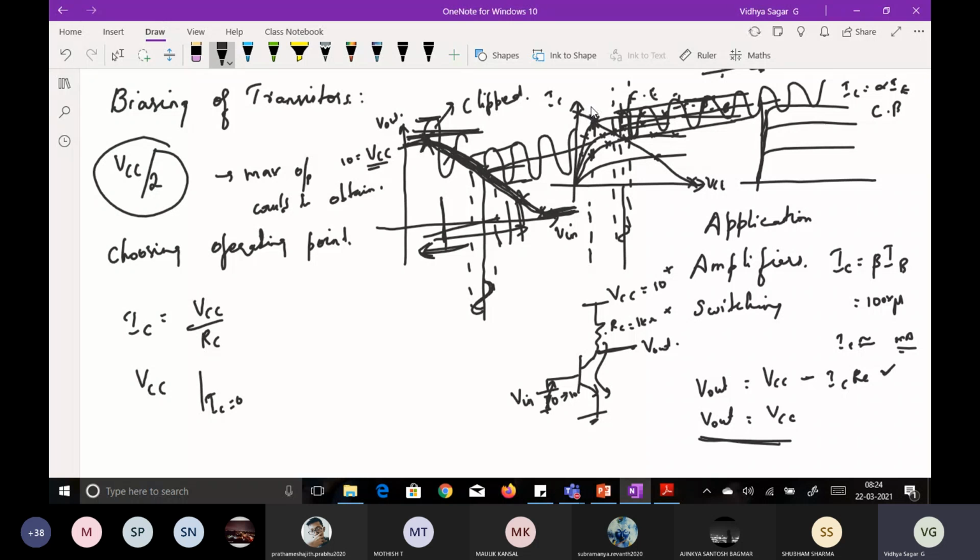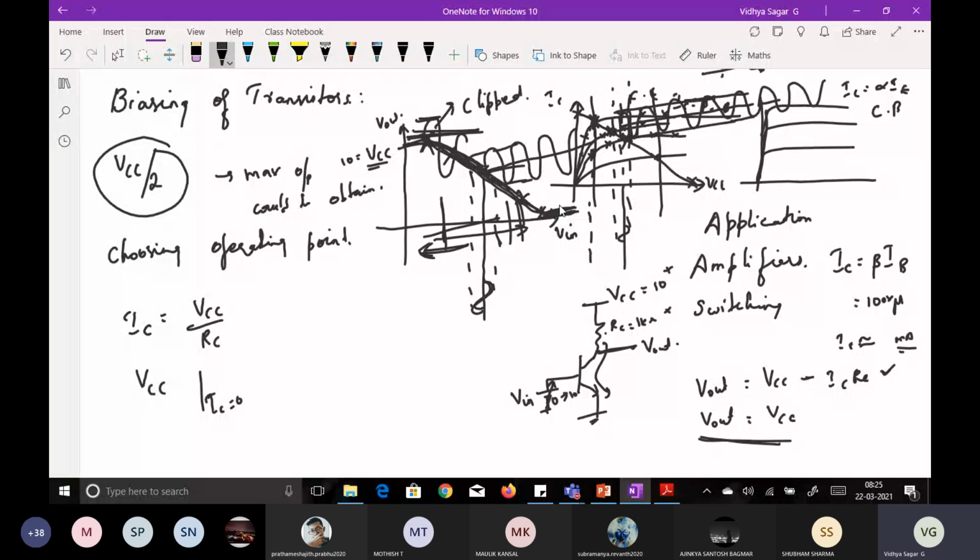And I'll check whether it is close enough to the boundaries of your characteristics. In that case, I'm going to neglect this one. Why? Because it is at the boundary of your characteristics, and there is a possibility of the waveform getting clipped off. So I have to choose the center operating point, whichever it intersects. So this point, not this one. Why? Because it is too close to the boundary. So either of these two points I could use as an operating point to make sure that you have proper amplification of the signal.